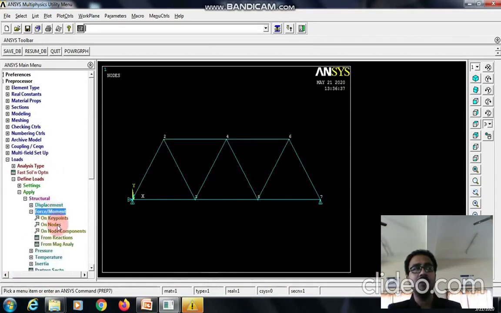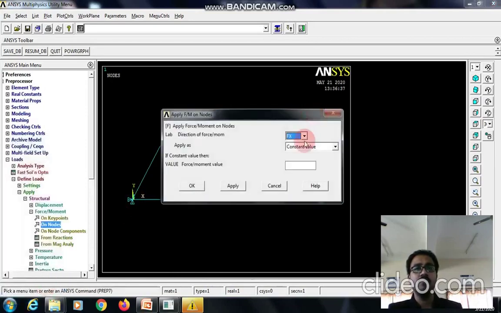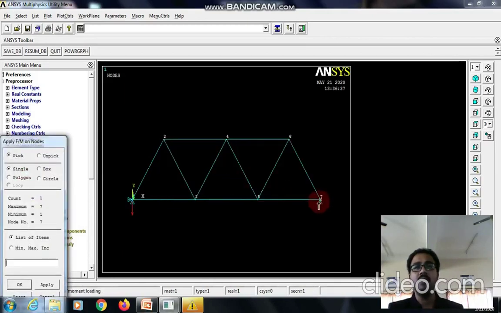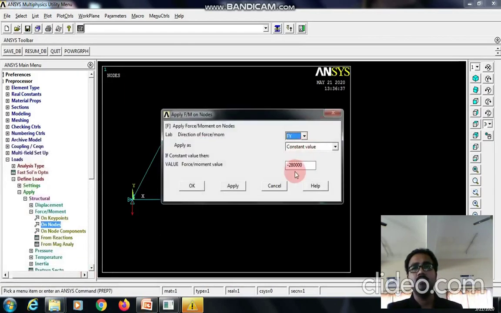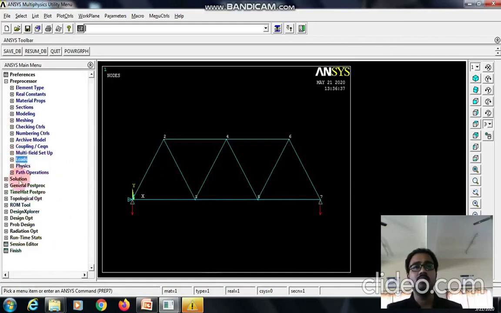Go to force moment, select on nodes. At node 1, Fy load is there with magnitude minus 280. Give apply. Similarly at node 7, the magnitude is 360. Give OK. Now we can close this.